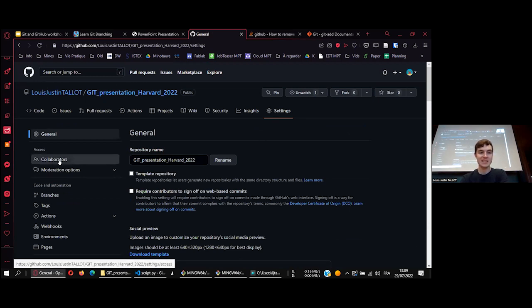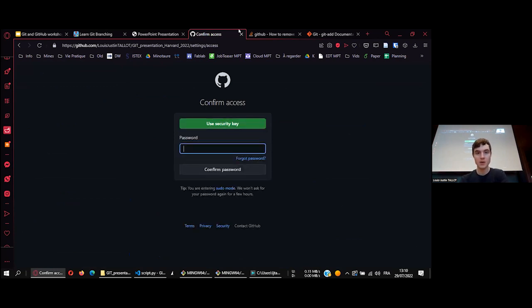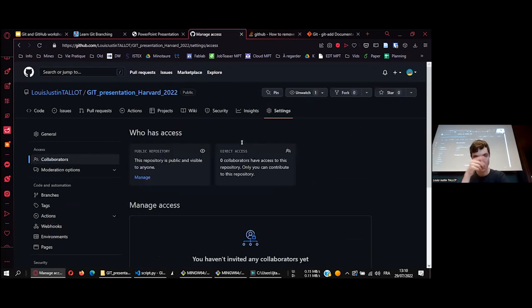I'm going to go to access, collaborators, and I have to retype my password. Okay, so now I'm logged in again. This is a public repository. What does that mean? It means that everyone can see the code and propose some changes, but they can't change the state of the repo. I'm the maintainer, I'm the one who has power over that. But I want Florent to be able to